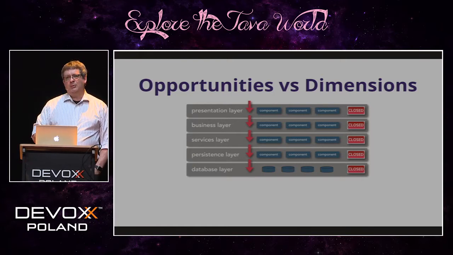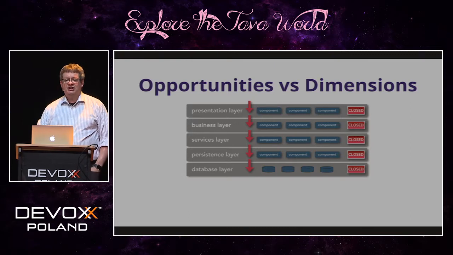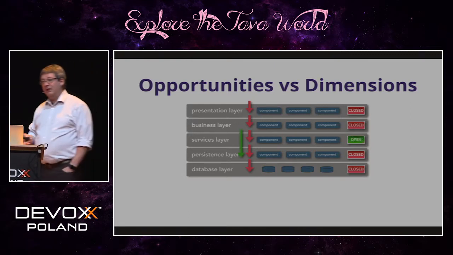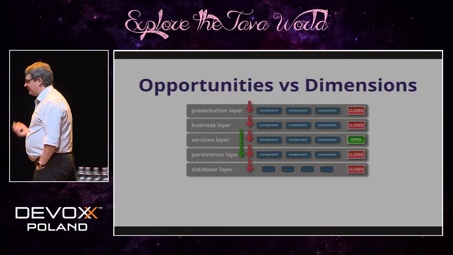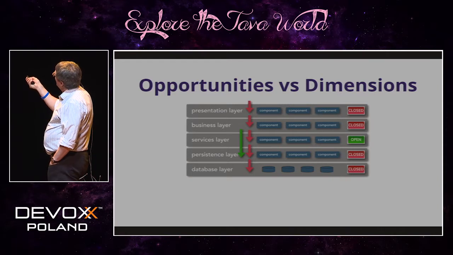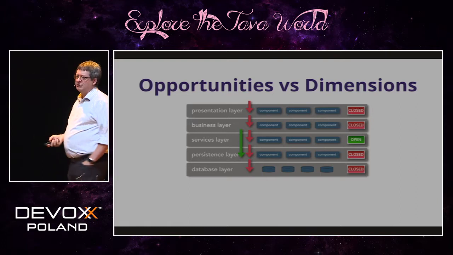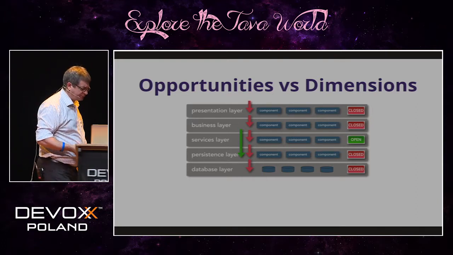And so a common solution to this architecture sinkhole anti-pattern is to take the optional layers and make that an open layer. So in this version of the layered architecture, I can call through the services layer if I need to, but if it's adding no value, I can call directly from the business layer to the persistence layer because that services layer is now an open layer.